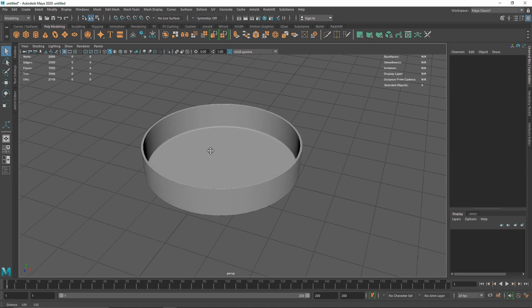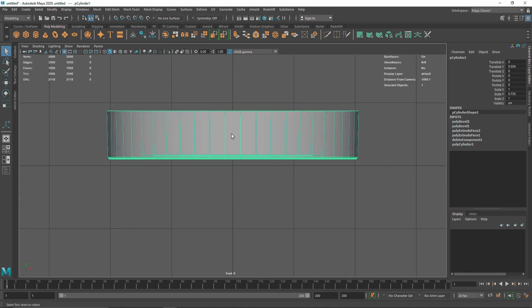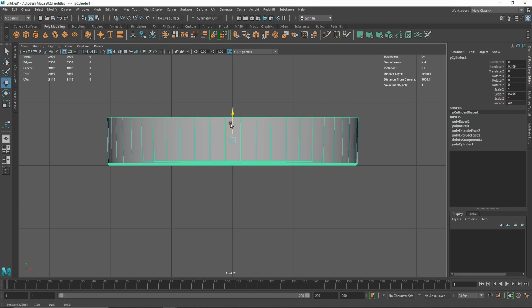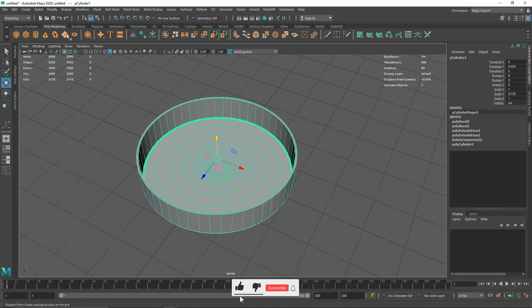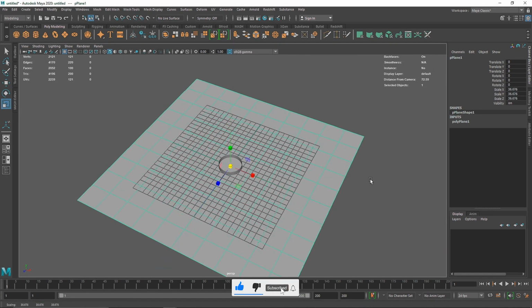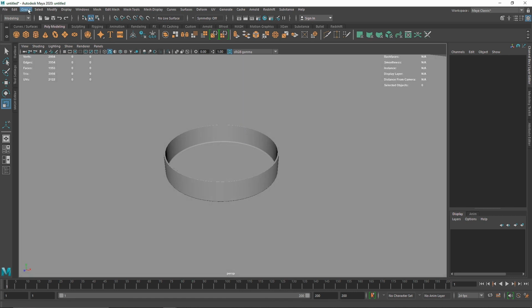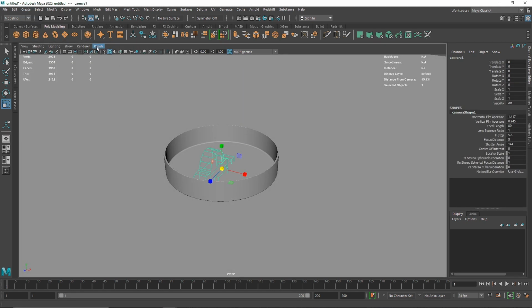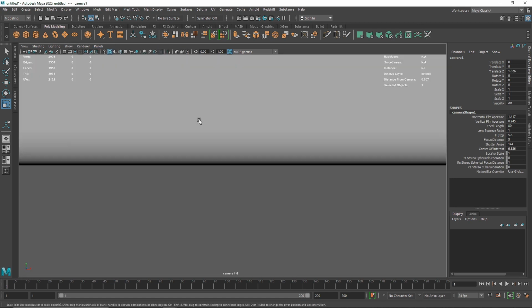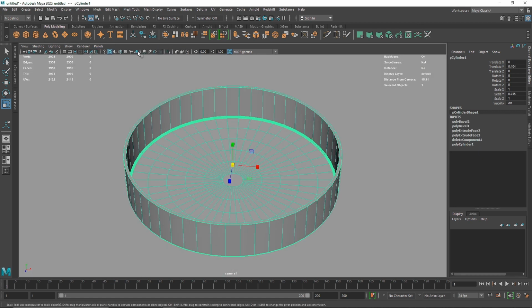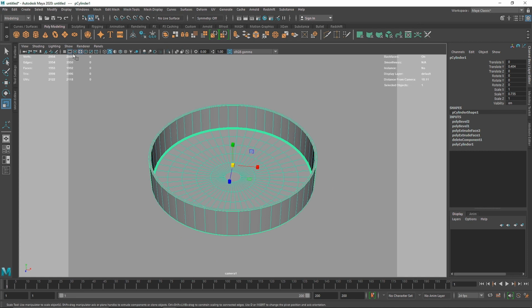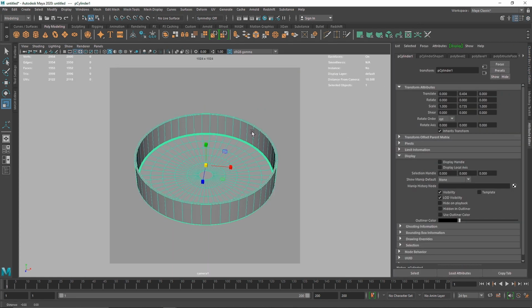Alright, so let's get on with the overall fluid effect. I'm going to align this right about here, and let's take a simple plane as our floor, and I'm going to make the subdivision 1 and 1, and let's turn off the grid. Alright, so we are good to go. I'm going to take a simple camera just so we have something set up to look at, and I'm going to select my camera and let's hit something like this. I'm going to turn on my film gate just so I can see the overall film resolution here. So I think this look is good. I'm going to lock my camera, and we are all set up.